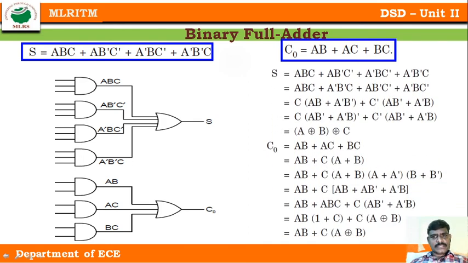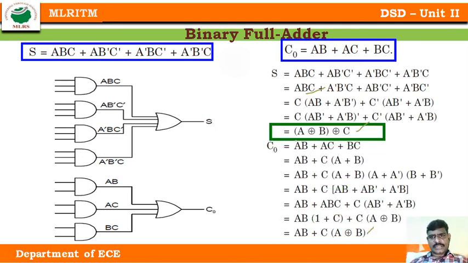But if I simplify ABC and A B bar C, from these two I combine C, so A bar B bar plus AB, and here I can take these two. What I did here is nothing but A bar B plus A B bar, so I can say that this is an XOR operation. So I can take A XOR B XOR C. Similarly, ABC I have designed. So with that further simplification, one XOR gate for the sum operation and AB and one XOR gate.